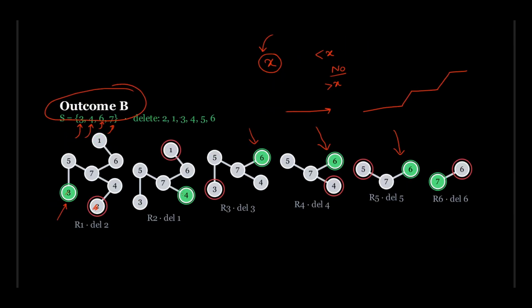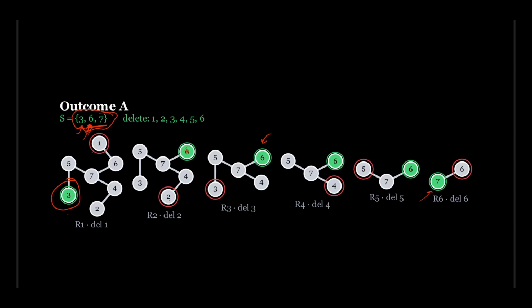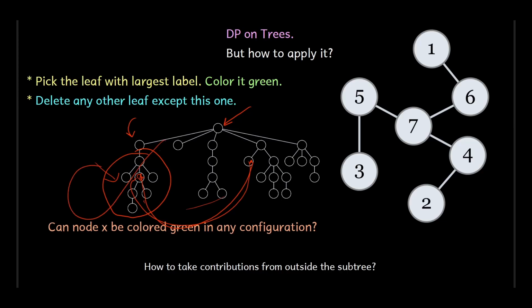where we wanted to check the feasibility, that is, can any node be colored green in any of the configurations or not, right? And we saw various techniques to solve this. First is the greedy idea, then we made some observation, we rooted the tree at this node, and then we said that we have to define a subtree DP, which is very simple, and you have to compute the maximum that is below the subtree, and then you focus only on that node, and then you focus on the pivot on the other subtree that will delete this node. If it deletes this node, it deletes this entire subtree. Then this and these two compete, and then this wins, and then you compute the DP value of this,